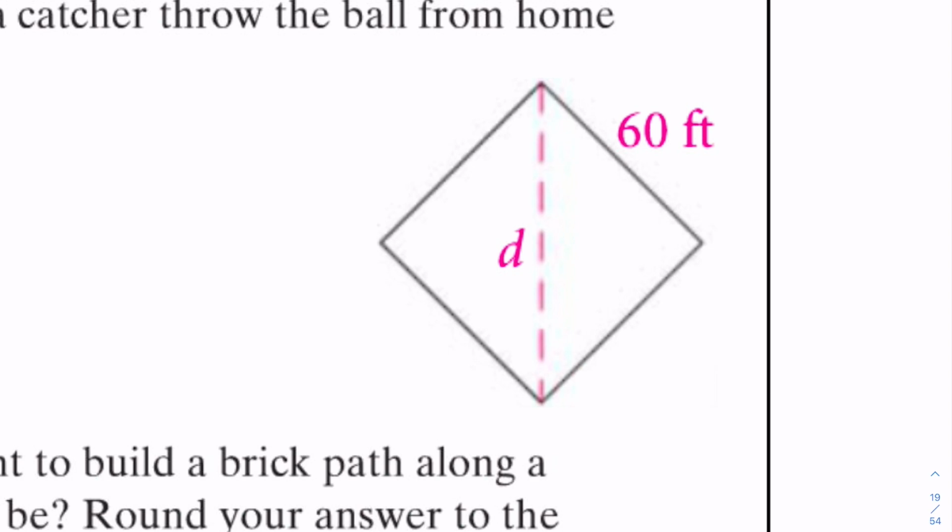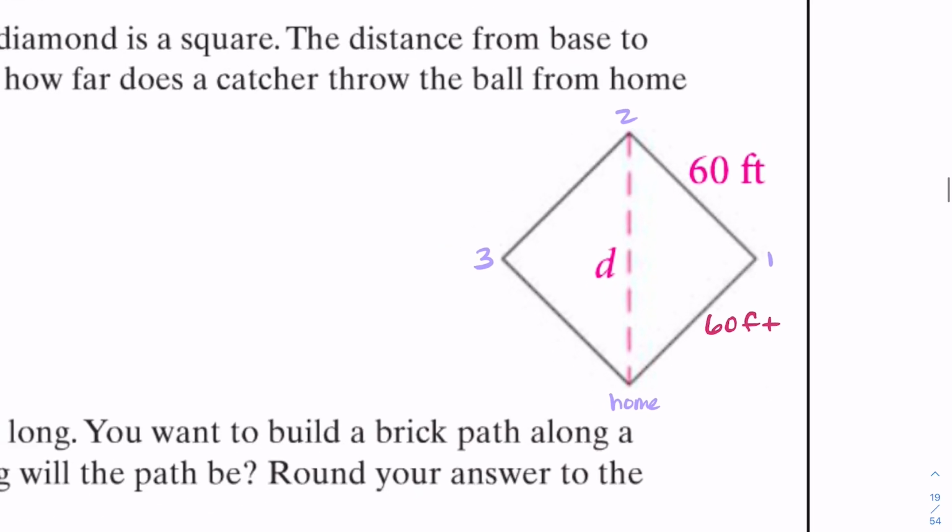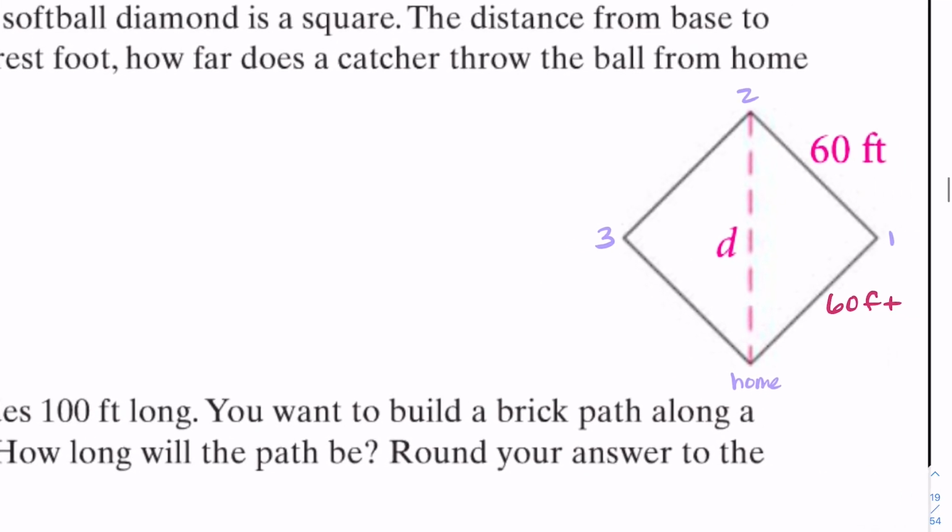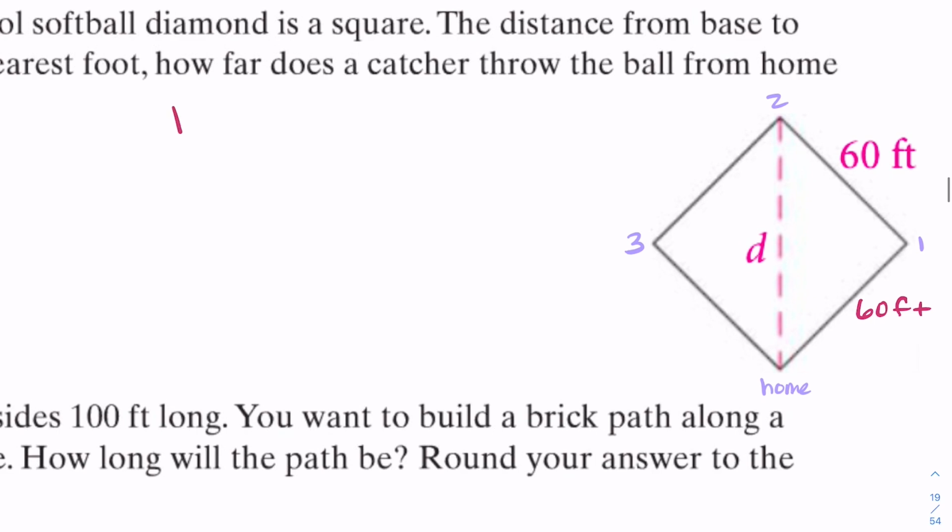Here's home, 1, 2, 3. This is 60 feet, which makes this 60 feet, which, as we know, if h is equal to leg times the square root of 2, h is equal to 60 times the square root of 2,